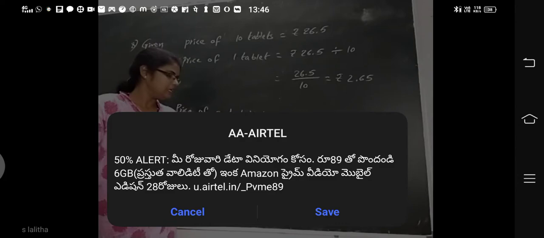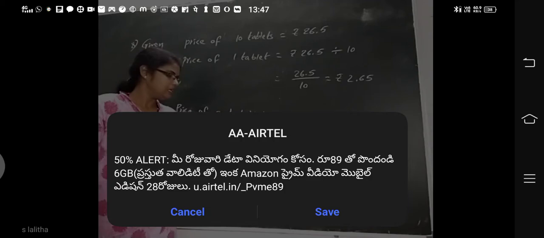So what is the answer? 53.71. Okay. So how many decimals are there in the quotient? 2. So you have to tick 2 here. Next, fourth one. An integer can be negative, positive, 0, all the above. Yes, all the above. An integer may be a negative number, a positive number, and 0 also. So you have to tick all the above. Okay.